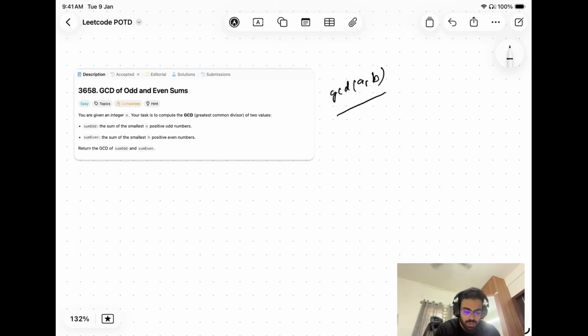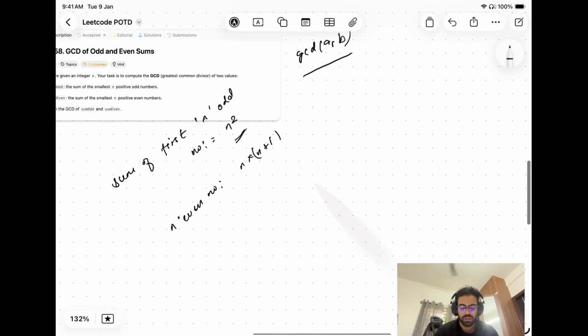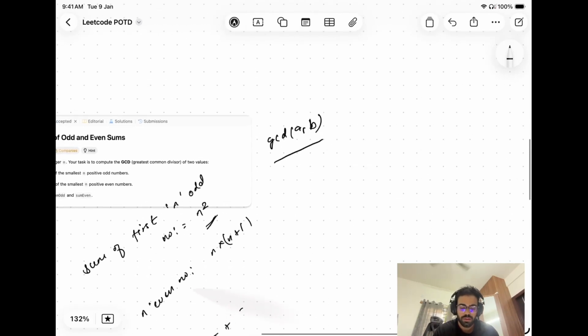Okay, what is sum of odd numbers? Sum of first n odd numbers, n square. भाई मतलब नहीं पता तो ड्राइव कर लेना भाई, बेसिक अर्थमेटिक प्रॉब्लम है। और फर्स्ट n even numbers, n into n plus 1. अगर ड्राइव करना है तो ऐसे करना, राइट? 1 + 3 + 5 + so on, right? तो फिर अपना अर्थमेटिक प्रोग्रेशन का सम क्या होता था उससे कर लेना, उससे हो जाएगा।